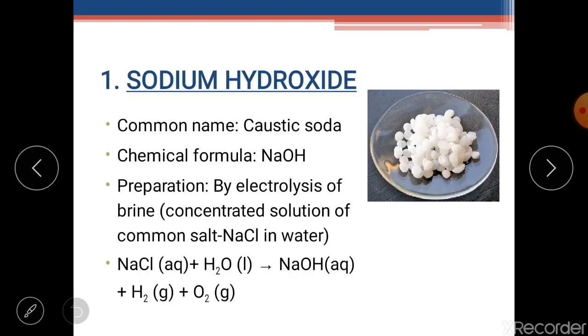So today we have understood sodium hydroxide in detail. Now let's see what are the various questions which you must know. First of all, you must know the chemical name and formula of NaOH, how NaOH is produced, why the process of production of NaOH is known as the chlor-alkali process, and lastly, the uses of the 3 products.